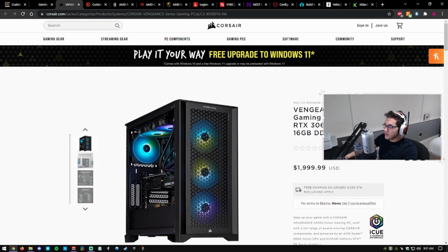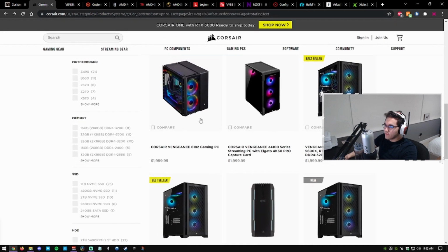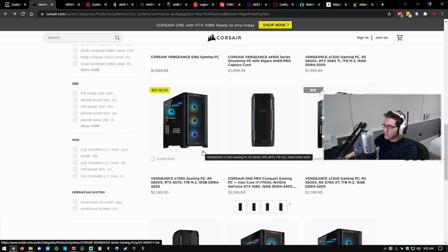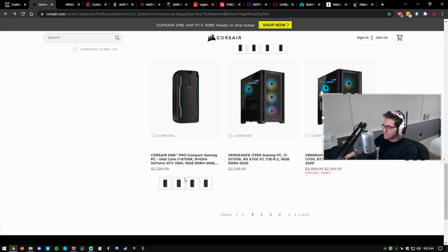This one does have a 3060 Ti, and we're going AMD to keep things consistent. So this is more comparable to the actual things that we're looking at on the other websites. And I guess it's just because of the very, very tiny form factor that increases the price quite a bit. Because if you look at